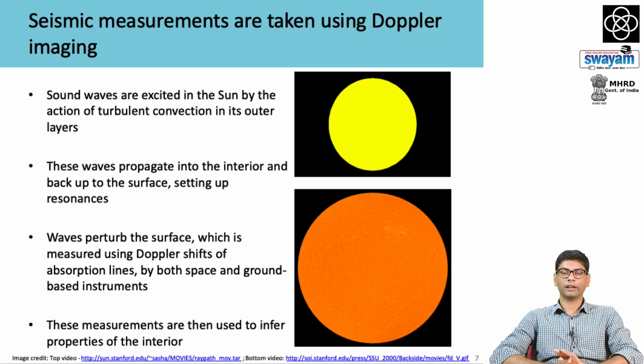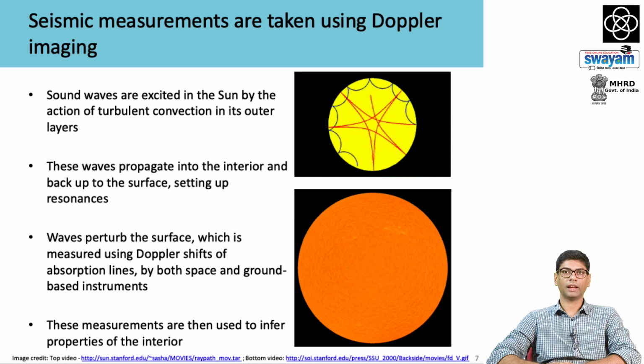So here is the basis of seismology. Sound waves are excited by the sun in the outer layers by convection. And so you see this little cartoon image that shows the behavior of sound waves. And sound waves are, as you know, a pressure-restored wave. And so in the fluid, you have these turbulent convective motions right at the surface. These are exciting sound waves. And these waves propagate inside the interior, where the increasing sound speed essentially causes them to deflect away from the center and reappear at the surface. And so you see these beautiful